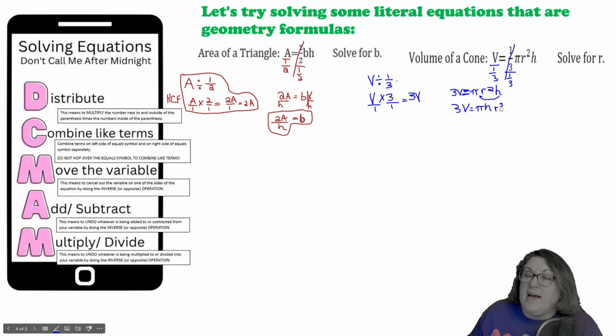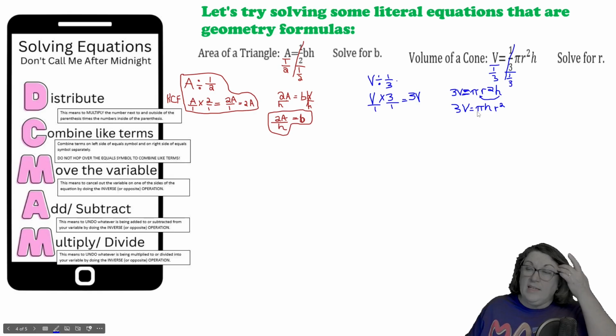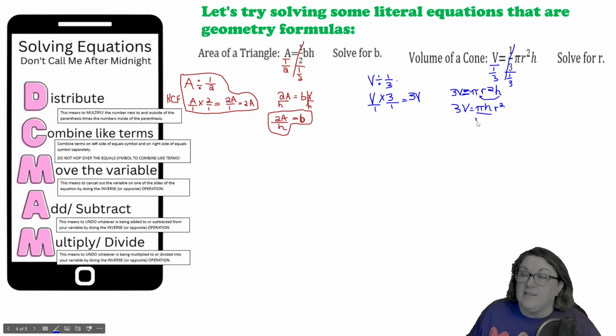And the reason I did that was so that I can go ahead and divide by both of these at the same time and just eliminate both of those things on the right side of my equation, because pi times h divided by pi times h is 1, right? And then when I divide this by pi times h,